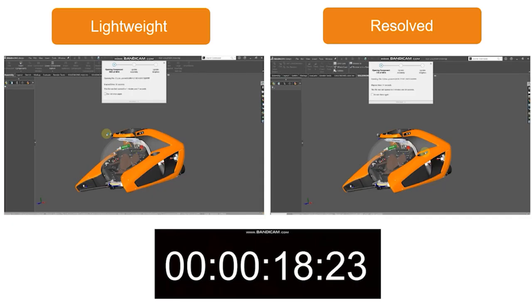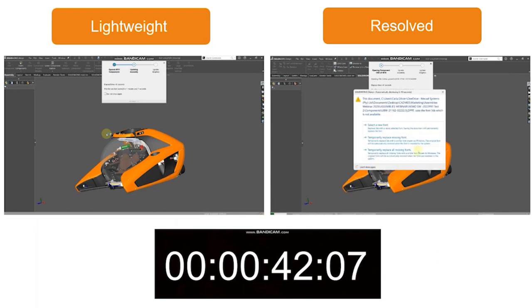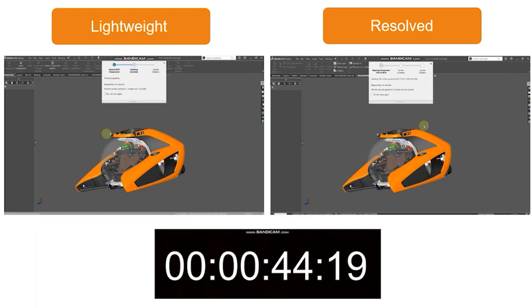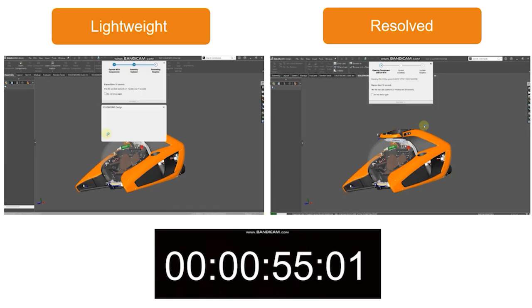And while opening it, you can see the difference in opening components on the left-hand side versus the right-hand side. You'll see the left-hand side is already on 3,000, whereas the right-hand side is only on 1,000 now. And I also want you to notice that on the right-hand side, on resolved, there's prompts that keep coming up. So those prompts are basically features that SOLIDWORKS is trying to recognize within the sub-assemblies and within the parts, obviously, that you now want to